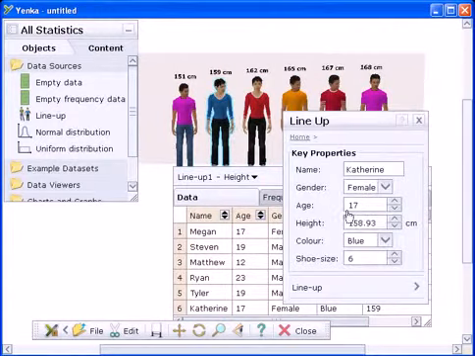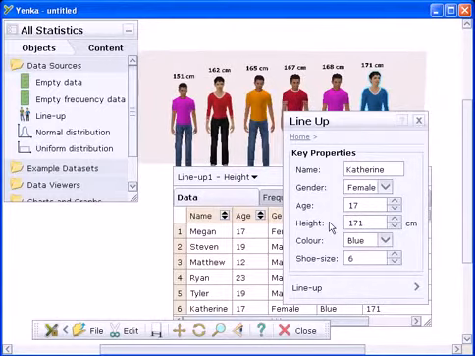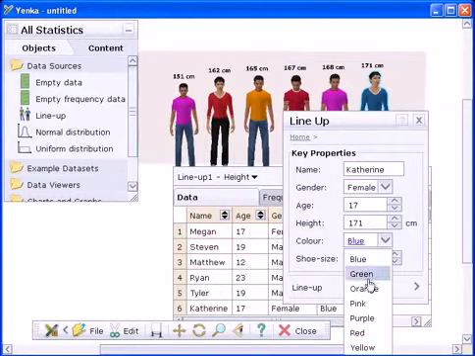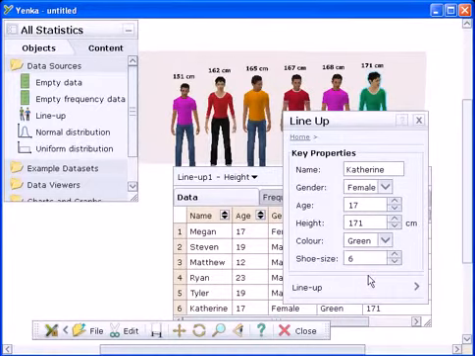This lineup generates a random set of data based on people's characteristics, such as age, shoe size, and favourite colour. Clicking on one of the characters lets you edit his or her individual characteristics. As you do this, Yenka Statistics models the changes straight away, and you can see the data changing in the